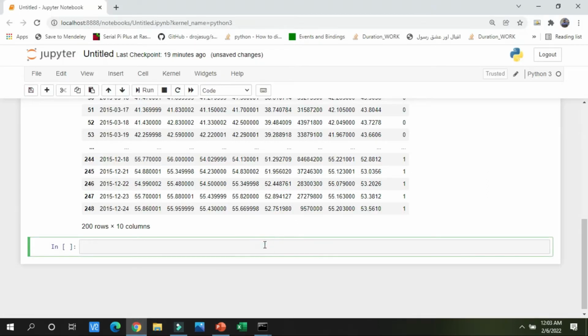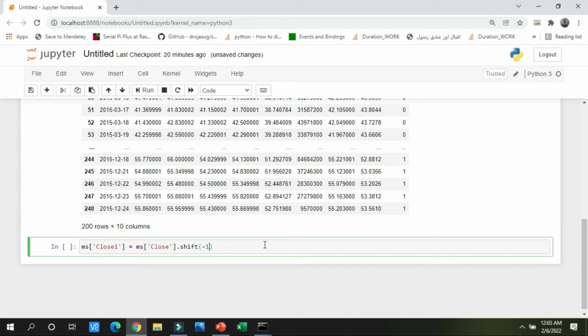So now after working on the share variable, I am going to make a new variable named profit. But before making this variable, I have to make a new column which will compute the price difference of the close price of today and the close price of tomorrow. So I am making a new variable, the name of the variable is close one. And what is this close one? Everyone knows, I will use a very smart strategy here. ms close one is basically the close column, but with a shift of -1.